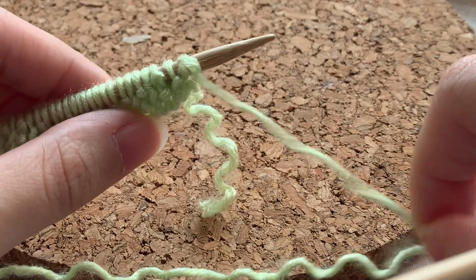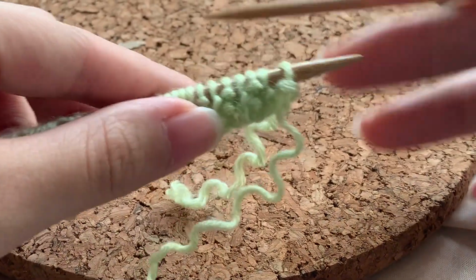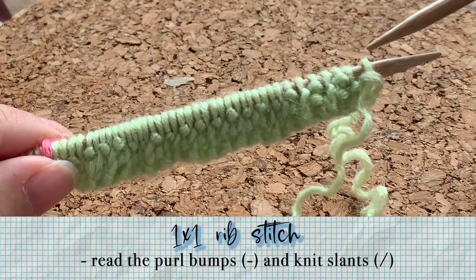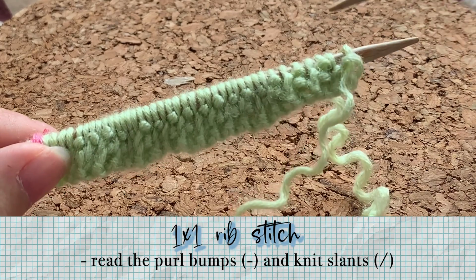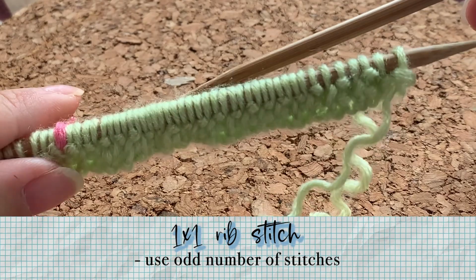After X amount of times, I started to see the pattern. By the end of the row, once the work was turned to the wrong side, say I started and ended with a knit 1, on the wrong side I see the horizontal purl bump indicating that this row will start and end with a purl 1, and if it had a slant then it would be a knit stitch. To start and end with the same stitch, the total number of stitches on the needle would have to be